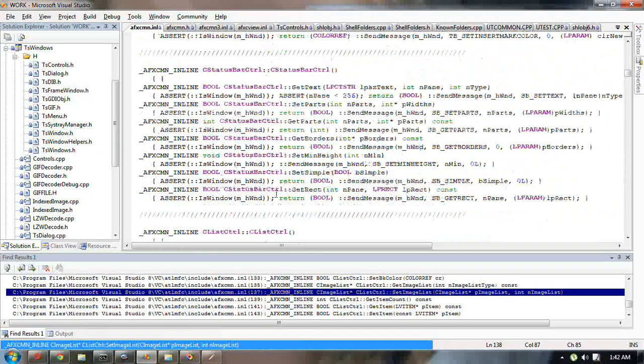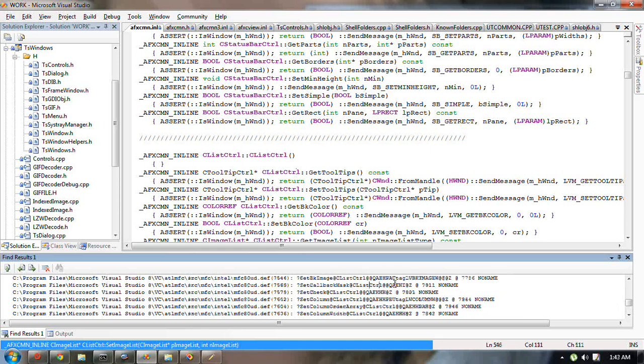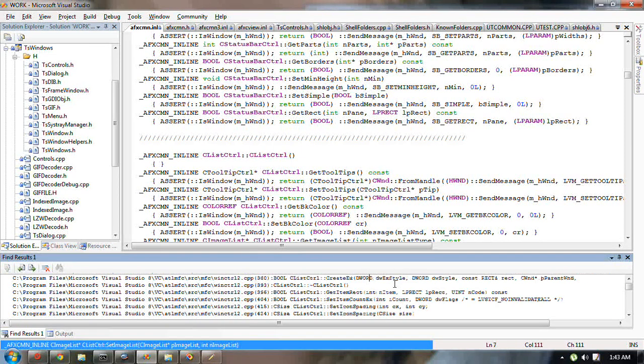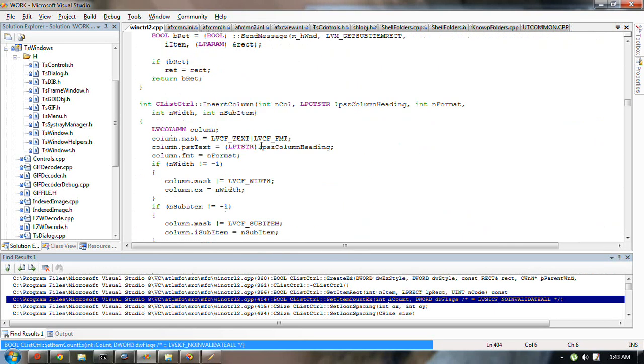For list control, it's all send messages. So I didn't copy these ones. In fact, the ones I copied were the ones that must be up here. Some send messages, but mostly,